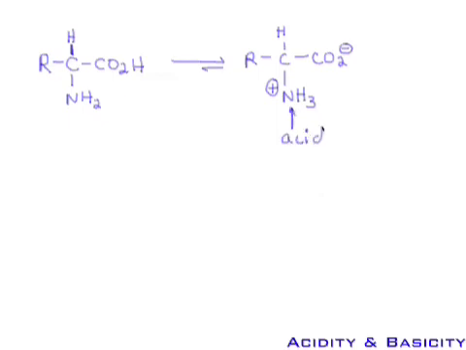And since it's a weaker acid, no wonder the pKa does not match that of a carboxylic acid. Likewise, CO2- is a weaker base than NH2, which has a lone pair. When you measure pKb of an amino acid, you're measuring the pKb of CO2-, not NH2. Hence, the basicity, or pKb, is less than we would expect